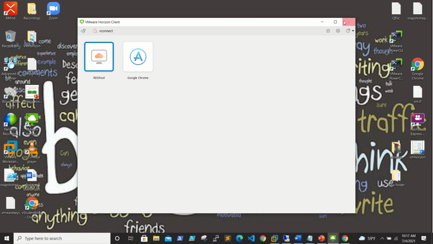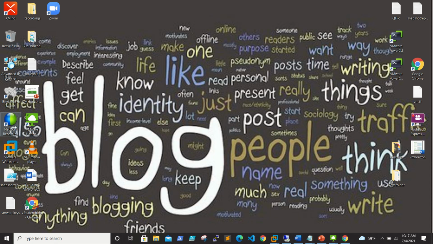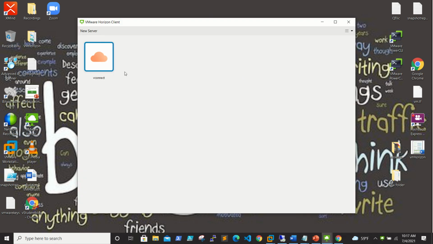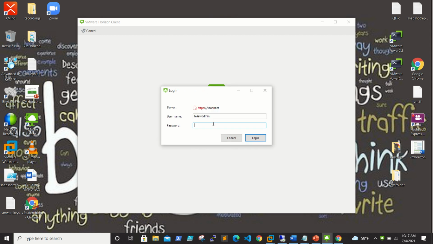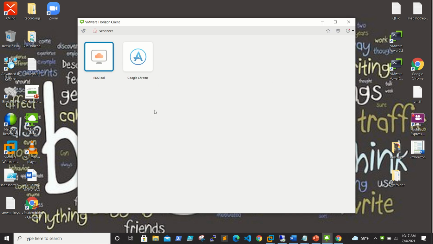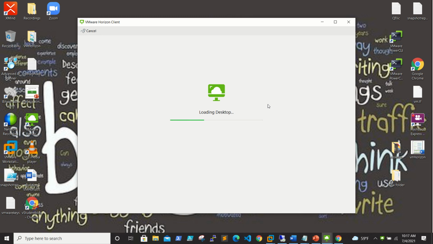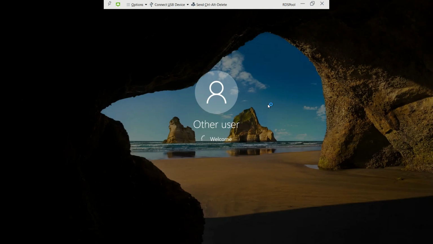So now what we'll do is we'll log in with any other user. If you remember, we have selected yes for multiple users connecting from the same device. So that is the reason we're able to do it. Here we'll log in as administrator. See, we are able to log in. Now we'll try to do the RDP, RDS VDA session, and